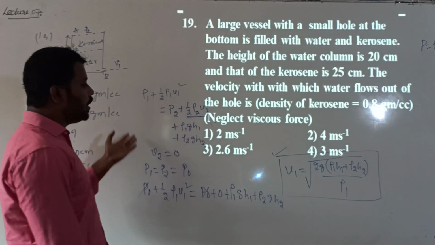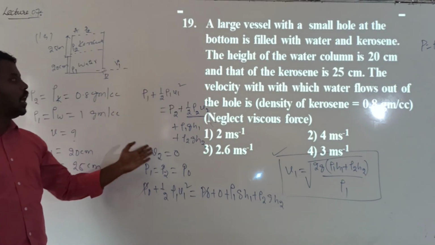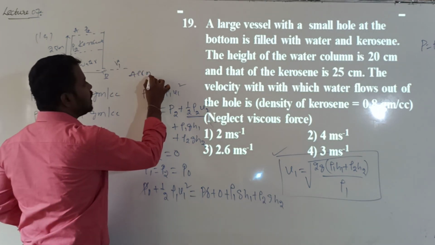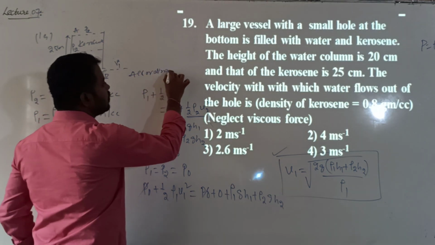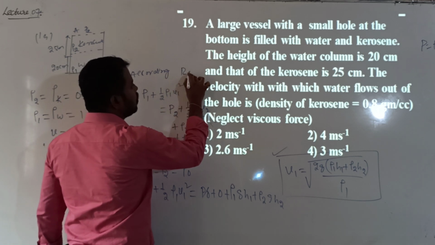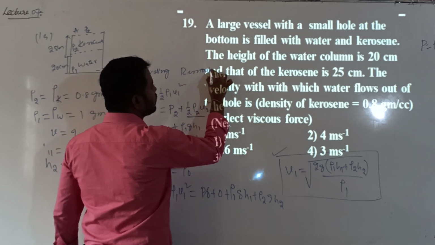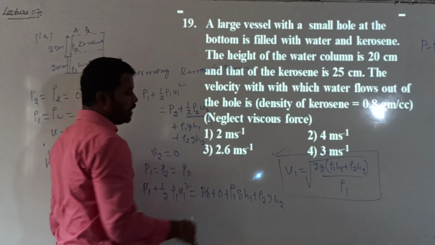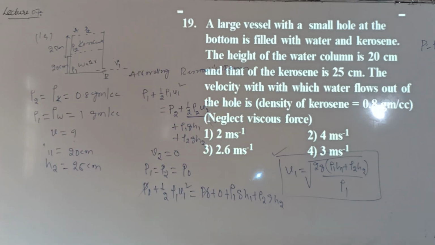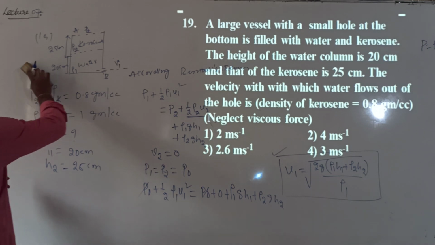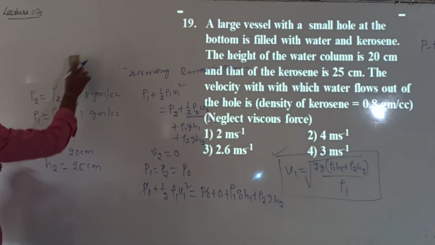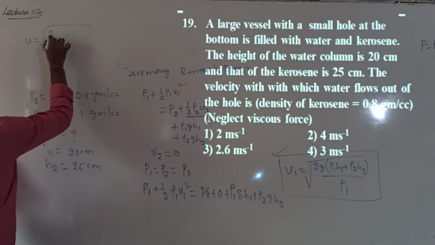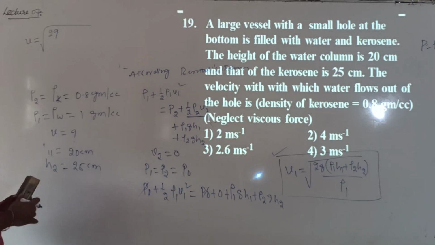Derivation is not necessary for you, but just to show how we will apply this, according to which theorem? According to Bernoulli's theorem. Then now can I substitute the values, sir? So tell me what I get. So what is the formula? We got V is equal to root over 2 into g. All values are substituted in the CGS system only.